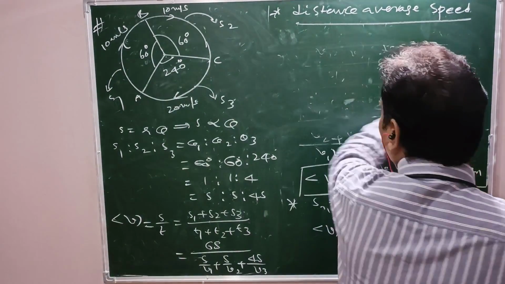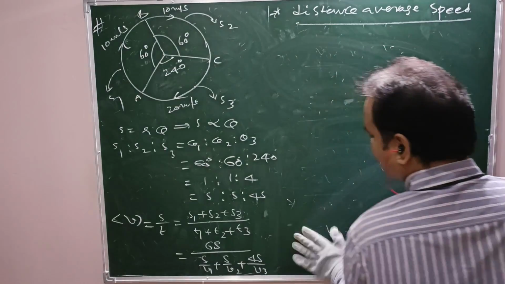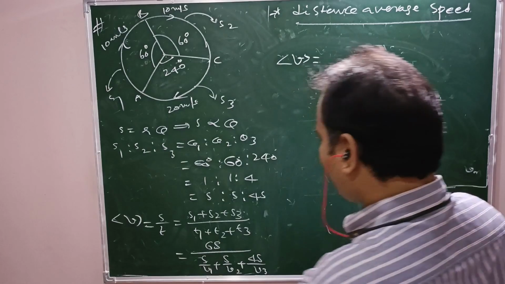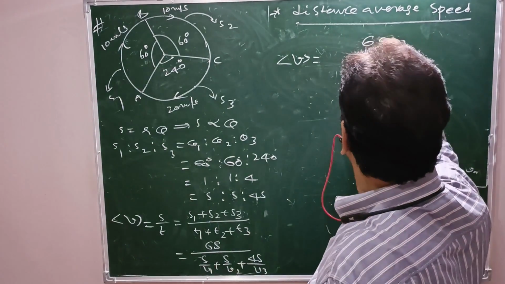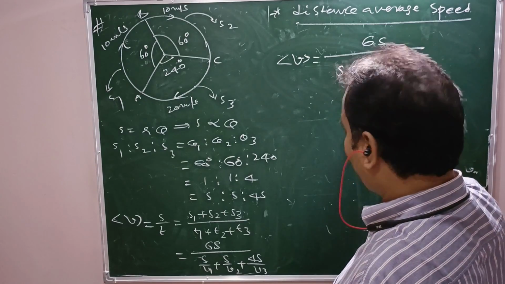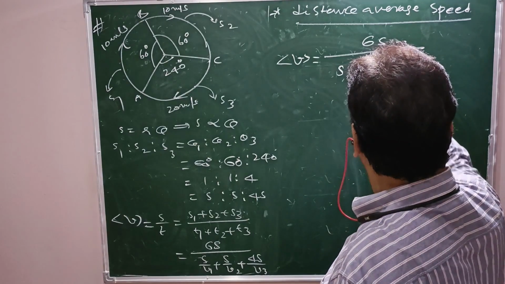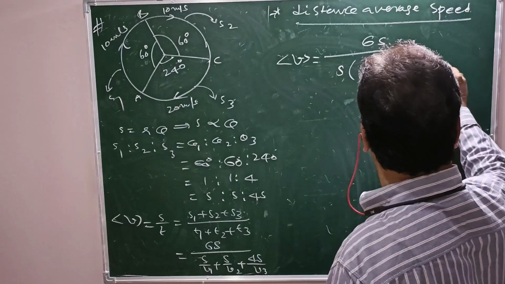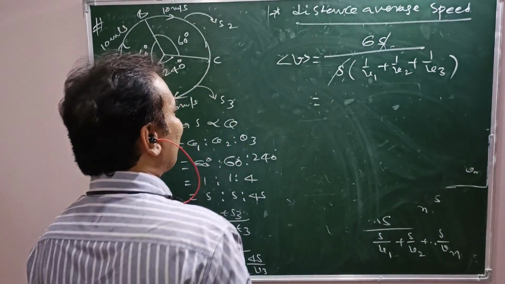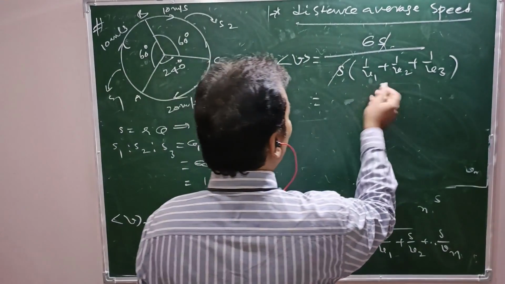Now, on extending, average speed equals 6S divided by S of (1 by V1 plus 1 by V2 plus 1 by V3), with S kept outside. S cancels here, and we are left with V average equal to 6 by